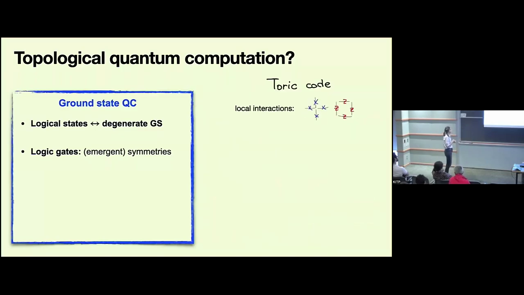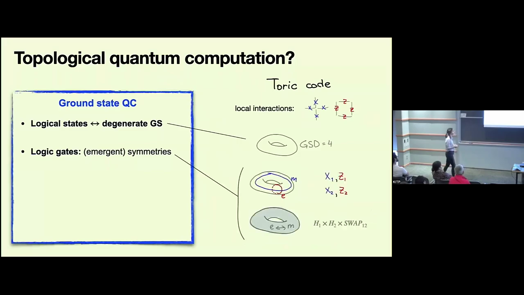And let me just explicate what is meant on the left-hand side with an example of the just vanilla Tori code. So we have this Hamiltonian that is defined by local terms that we can actually measure. And the ground state degeneracy, say on a torus or maybe with open boundary condition, will give us the logical qubit subspace. And then there are symmetries. There are line-like one-form symmetries that actually have 2 sets of Pauli algebra, and that's how we know there are 2 logical qubits on a torus that actually just comes from this algebra.